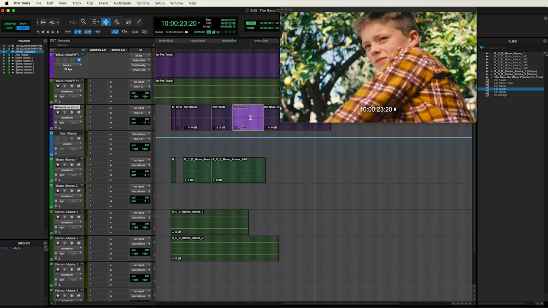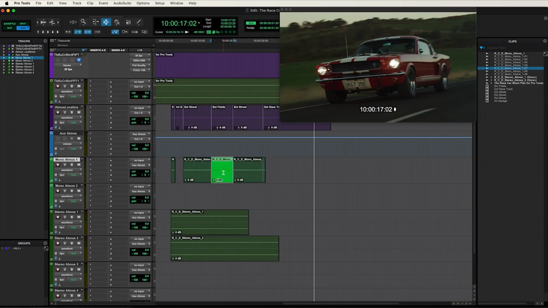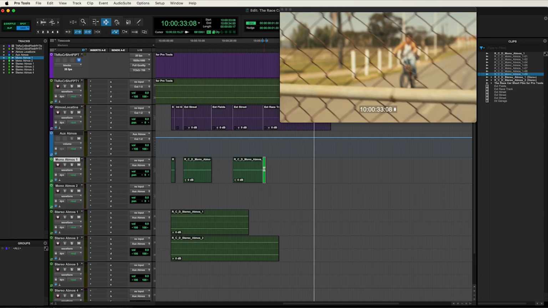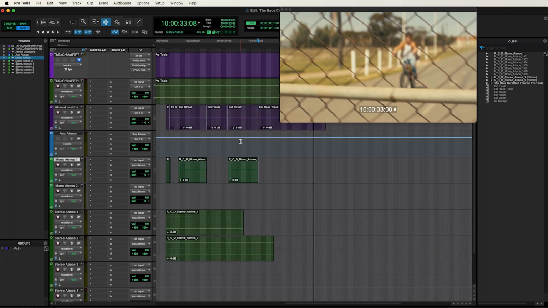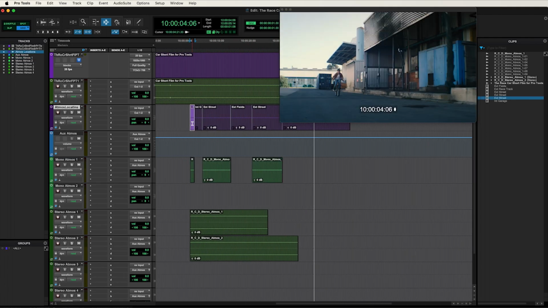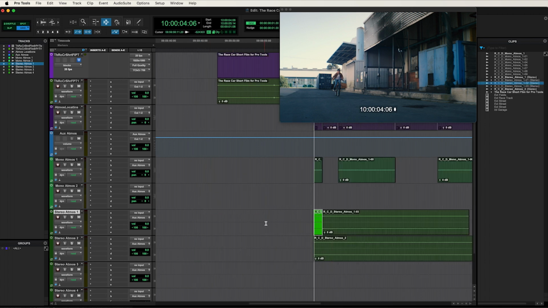Then let's move over to the next exterior street, double click on it, press the semicolon key to go down, and press B to separate. And then we want to delete this audio clip here by double clicking and pressing delete. This audio clip here, so double click and press delete. Now we need to do the same thing for these two stereo ones. So if I double click on this clip group, press the semicolon key to go down, I then press B to create some separation points,